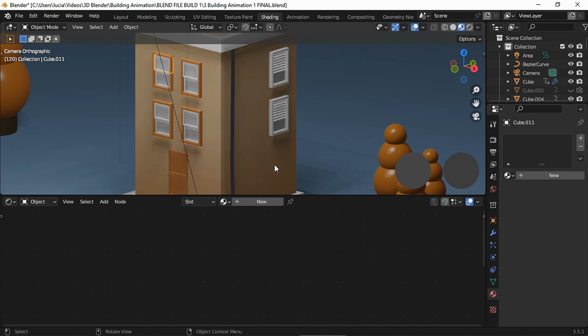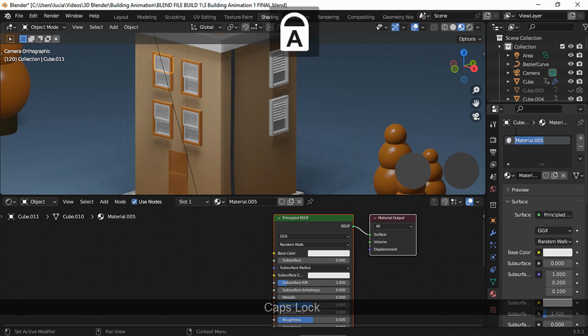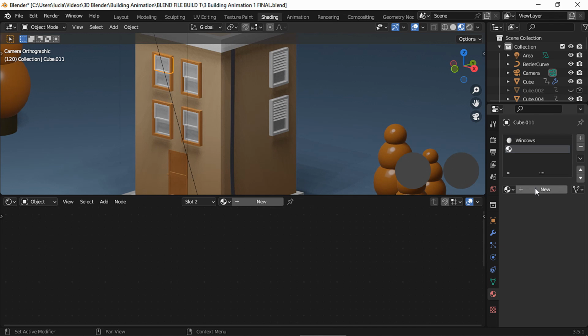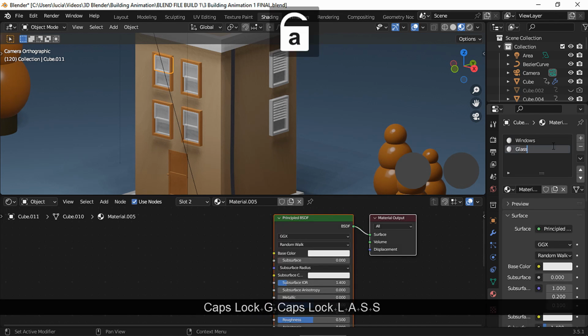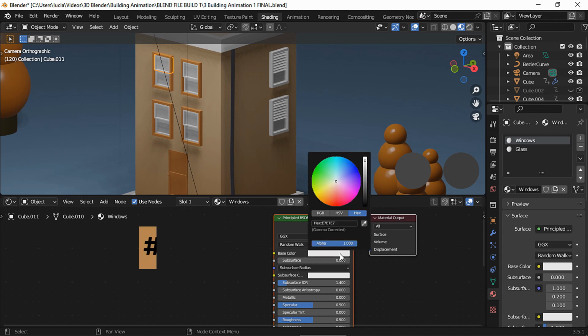For the window slash, I added two material slots. For the first one, I chose a light brown color.